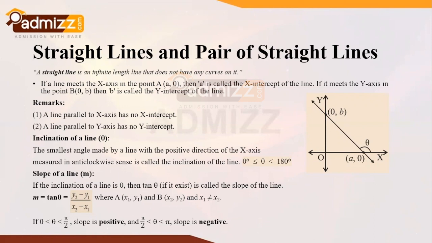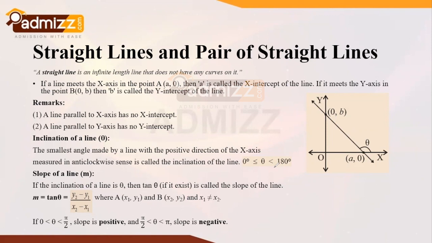Questions asking for the range of inclination of a line may be asked in your examination. At that point of time, we may wonder whether it was 0 less than or equal to theta less than 180, or 0 less than theta less than 180. At that time we may fumble while answering the question. So it is important to note the range of this particular concept.